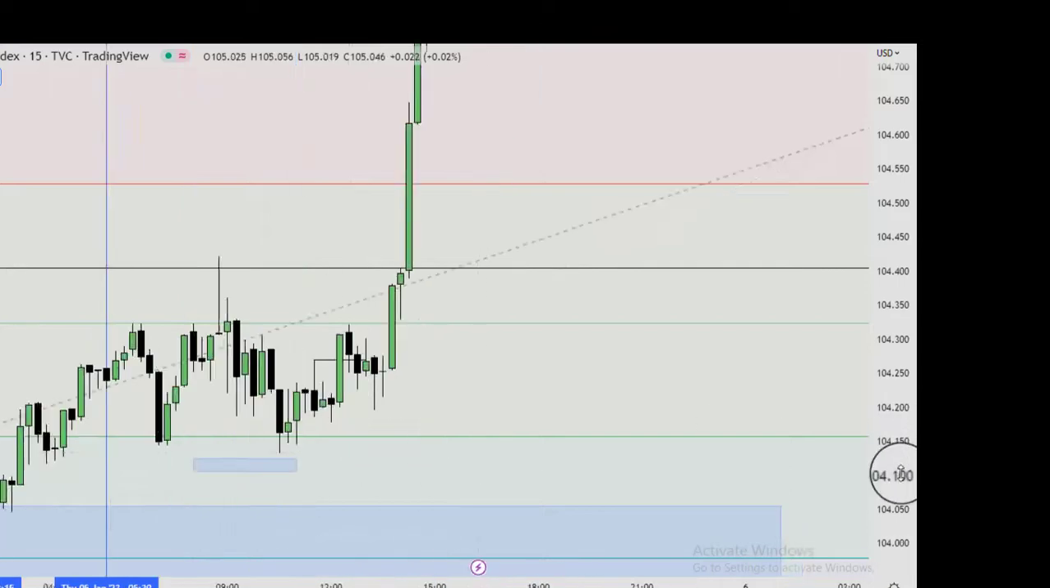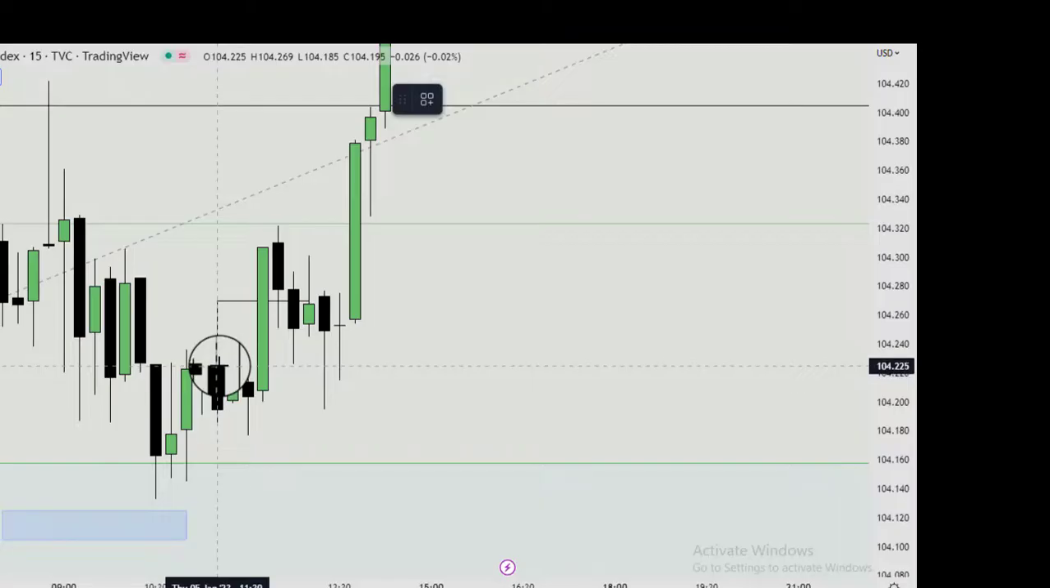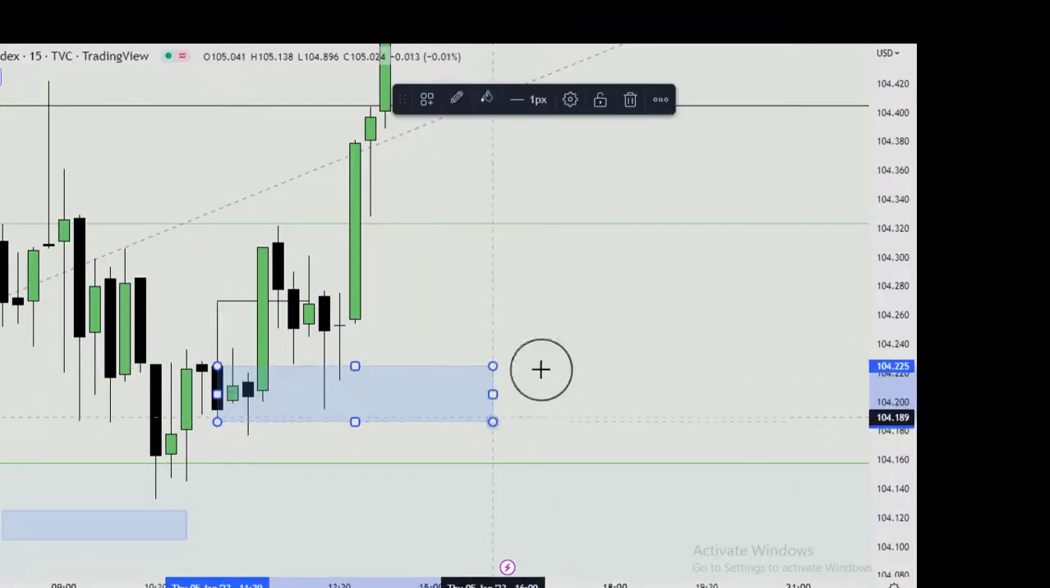Then I outlined the internal range liquidity. As you can see here, it's a bullish order block that has a fair value gap. The candle with the largest body, that is my most preferred bullish order block. So I just outlined that candle,